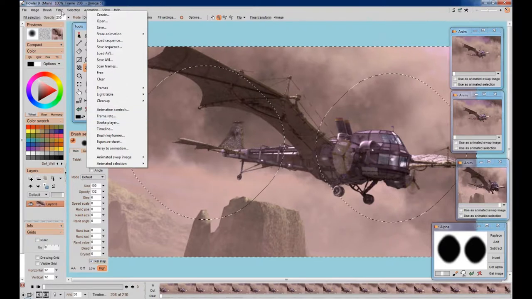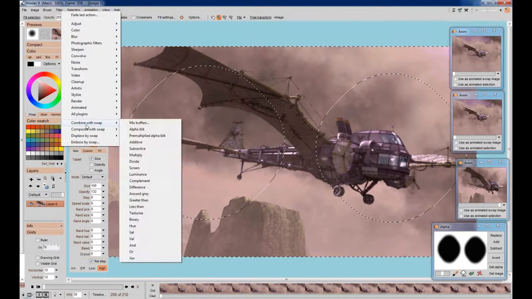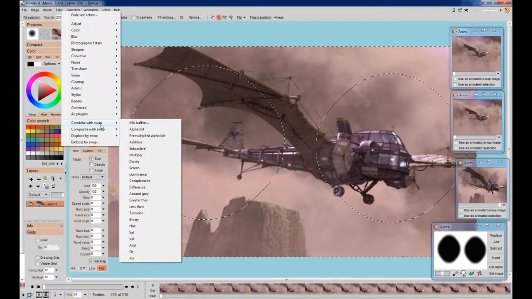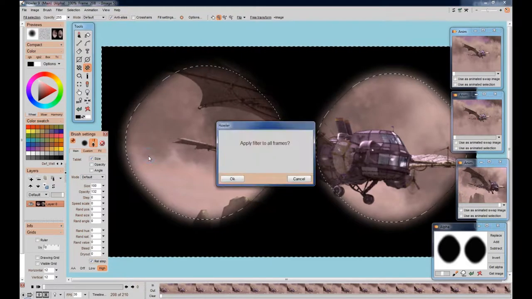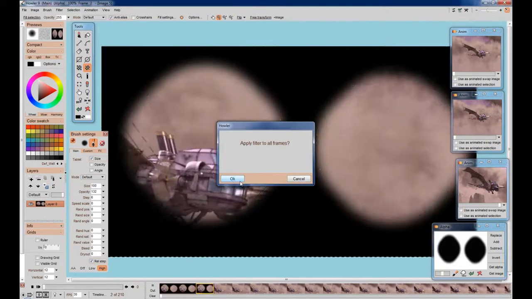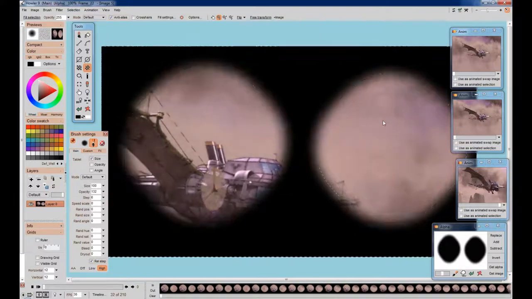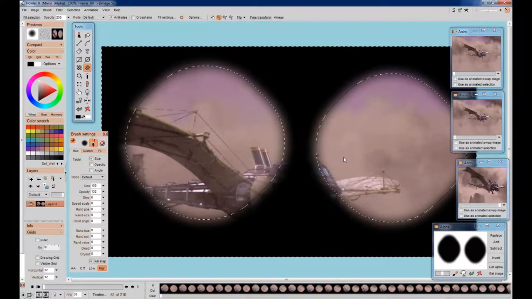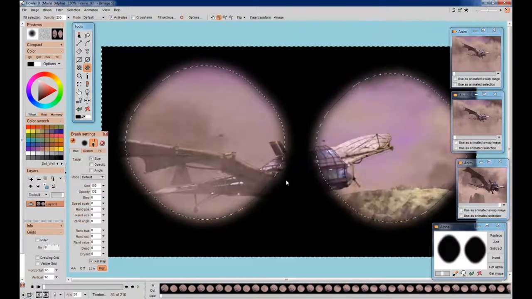Oh wait, I think we could go filter, combine with swap, multiply, apply to all frames. Okay, and now we're looking through a pair of binoculars, and we see this